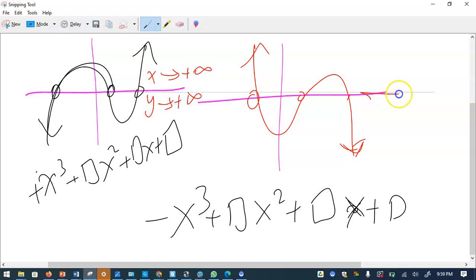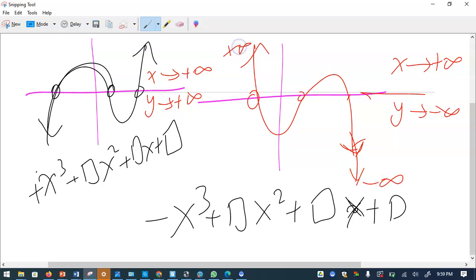But right now, if you see this case, as x approaches very large positive, the y approaches negative, it goes down. Can you see this is minus infinity and this is plus infinity? That's the understanding of this. And on the left side, if x takes a very large negative number, then the y goes down here, right? Y becomes a very large